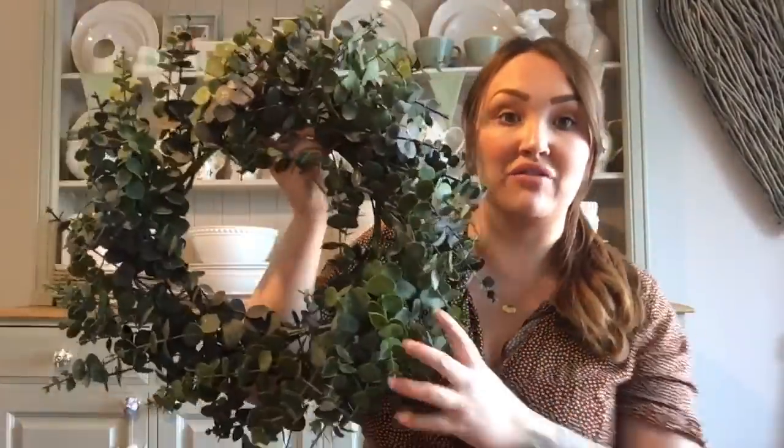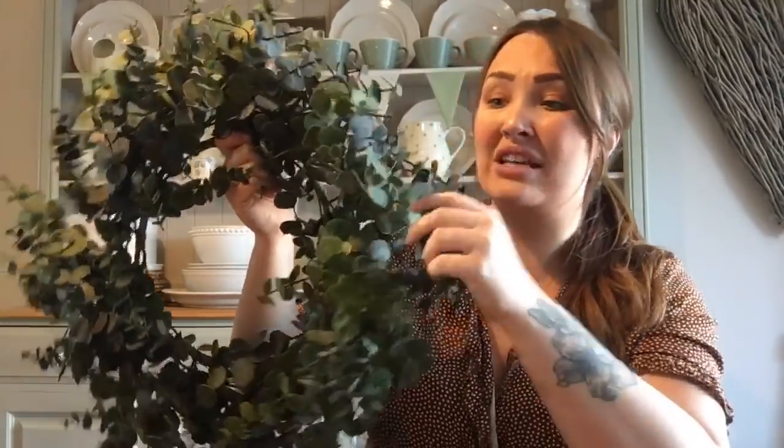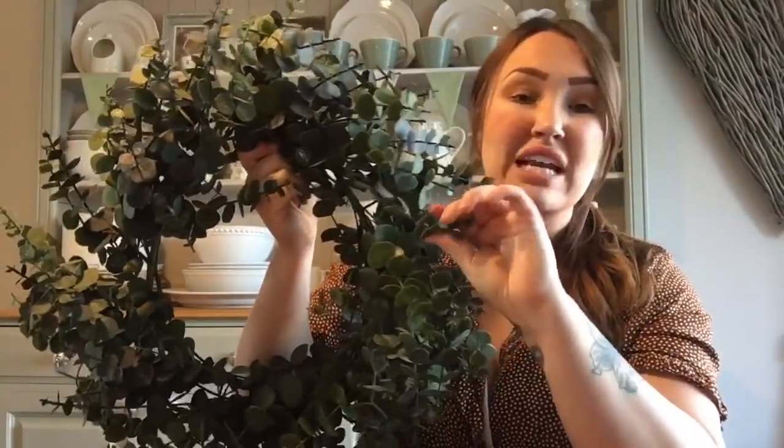Now, every wreath video I've done starts off with my eucalyptus wreath. Looking a little bit sparse, I'd probably need to buy some little eucalyptus and fill it out a bit more, but once we add all this it'll be nice anyway. I bought this online and it's faux, and it's always outside and really weathers well, really worth the money. I paid about £35–40 for it, which is a lot of money, but it has stood the test of time. Because what I used to do is every Christmas buy a real one from the florist,